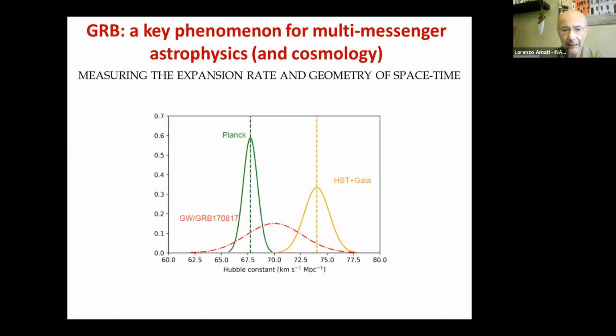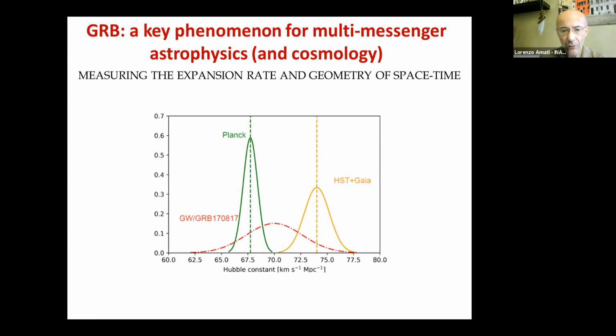This is what was done. You see in red here the Hubble constant as derived with only one measurement, the only simultaneous detection that we have to date, as I discussed, the gravitational wave and gamma ray burst detected in August 17. So from only one event, you could already have this probability distribution in the red line, peaking at around 70 for the Hubble constant, so in between the Planck and the lower redshift measurements.